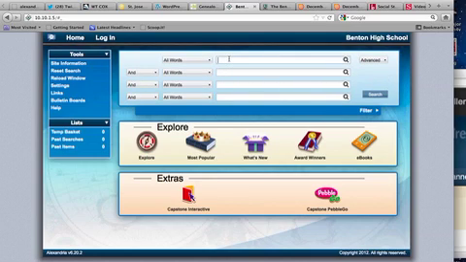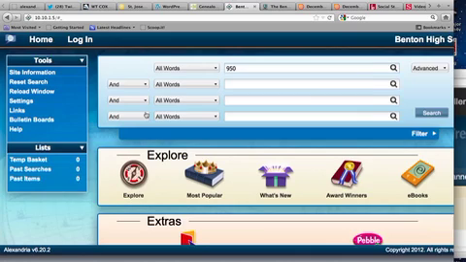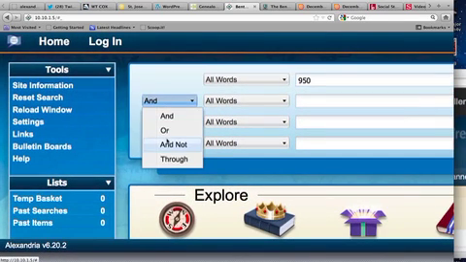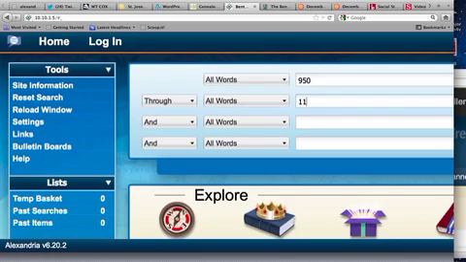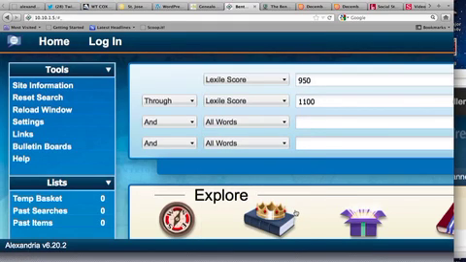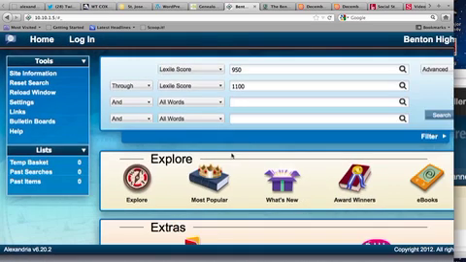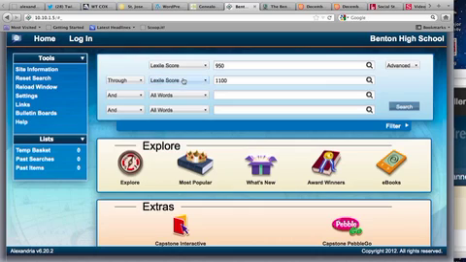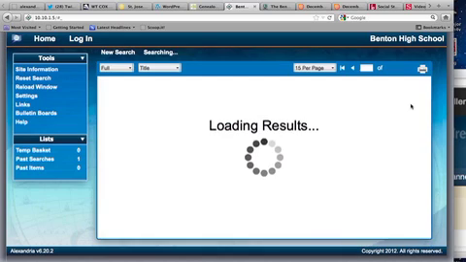At this point, we can choose our Lexile. So again, we might have someone who's at 1,000, so let's go to 950. And then the key is on this side, I'll make this a little bit bigger, right here where it says and, we're going to go through, okay, and let's do 1100. We're going to change words to Lexile score. So on our 10.10.1.5, we have now selected our Lexile score 950 through Lexile score of 1100. We're going to search,